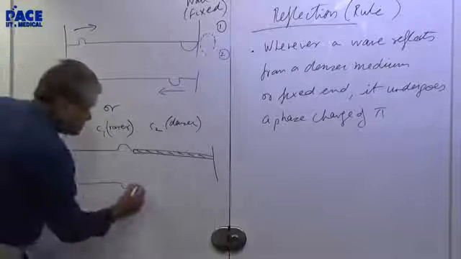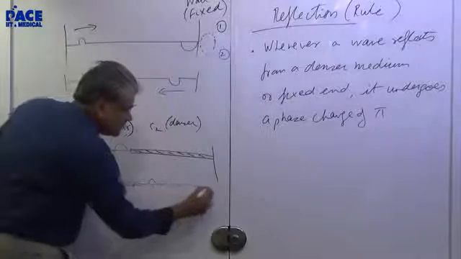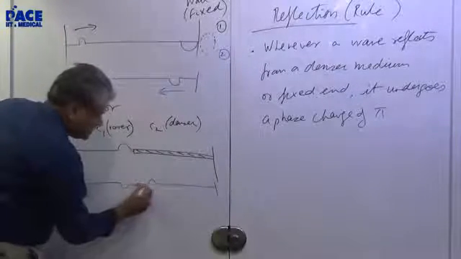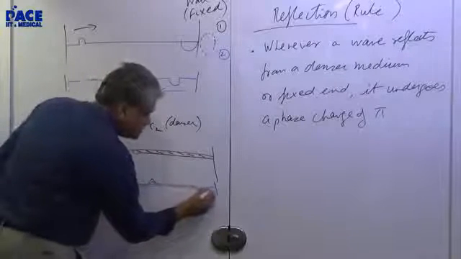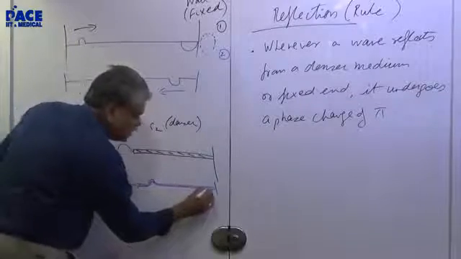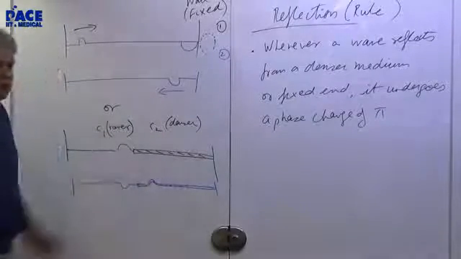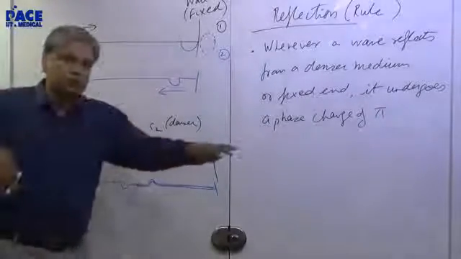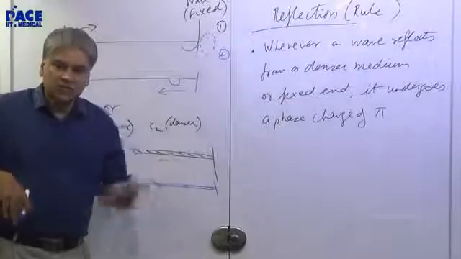But for the one which is going ahead, nothing happens. The same thing happens. It will just go like it went. Only the portion will be small because the amplitude has to do with energy. So it will become a little less, because the same thing is being shared. What went is now in two portions: one which went ahead, one which came back.